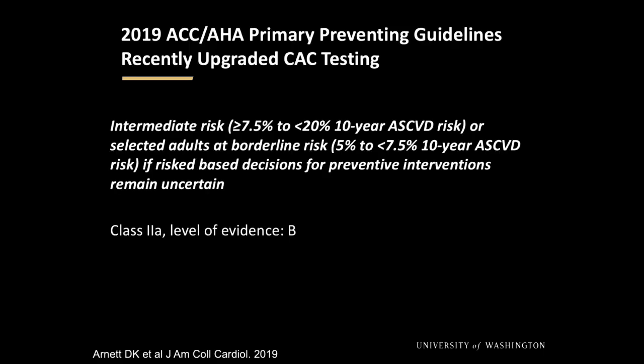If we look at the current 2019 primary prevention guidelines, their recommendation for coronary calcium actually went up from a 2B to a 2A indication. And their recommendation for this is any patient with an intermediate risk or borderline risk based off of their 10-year risk score. If the decision to treat with statins is uncertain, then a coronary calcium score or scan can be